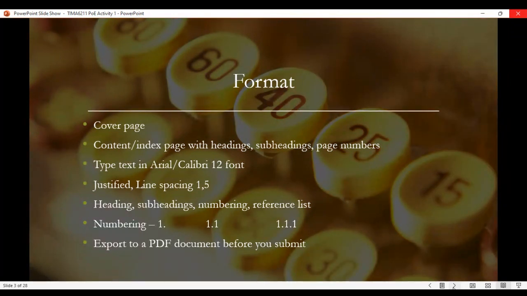Please type your PoE in Arial or Calibri, 12 font, justified, line spacing 1.5 centimeters. Have headings, subheadings, numbering, and a reference list. I'm going to talk about the numbering and the headings later on in this workshop. Please export your PoE to a PDF document before you submit. Very important.